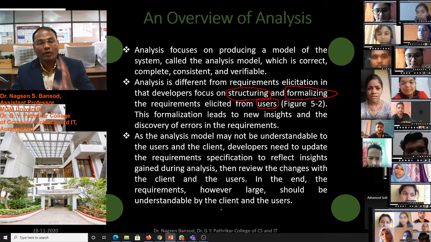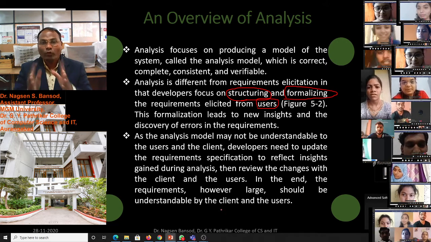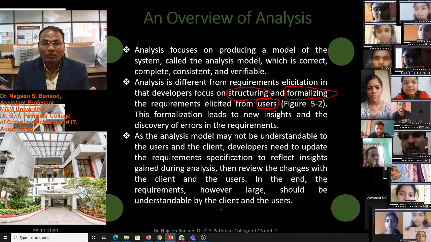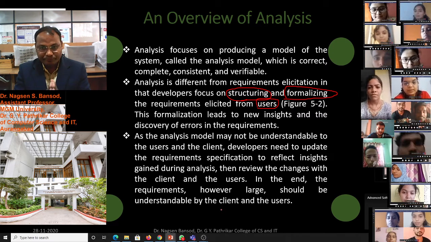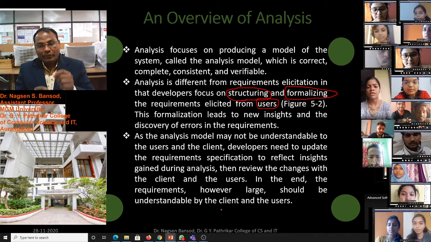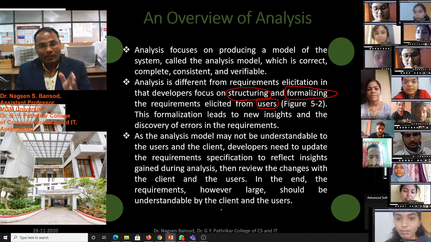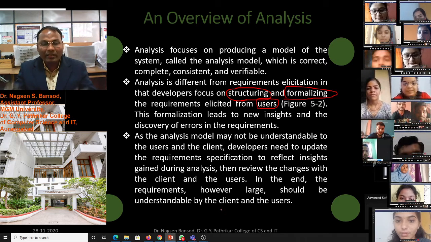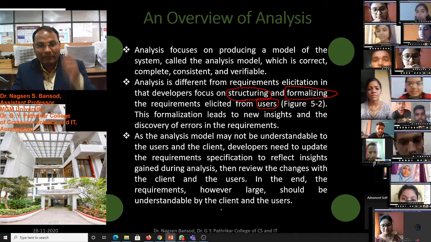Suppose you are doing analysis, when will you be able to do the analysis? If you have the information collected from the user. Now during the analysis, if there is any problem or missing information, you will collect that information again with the help of the user, by talking to the user and client.